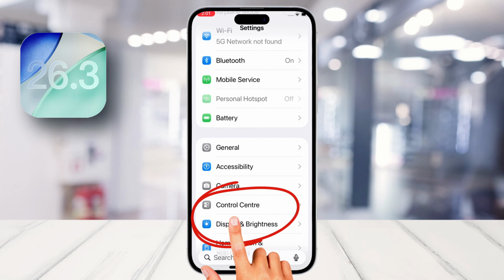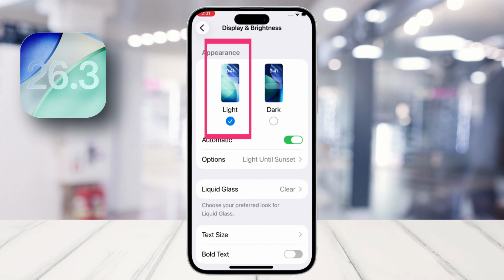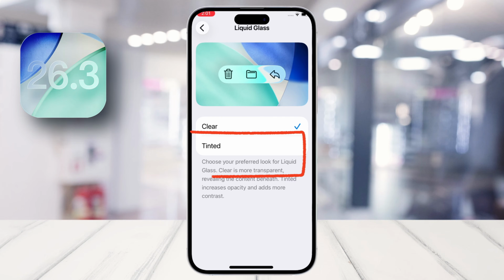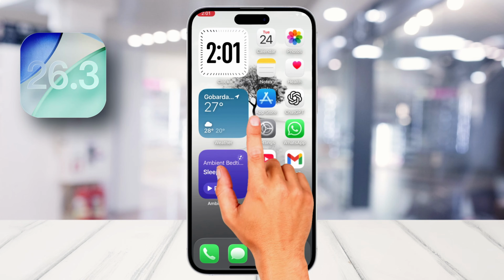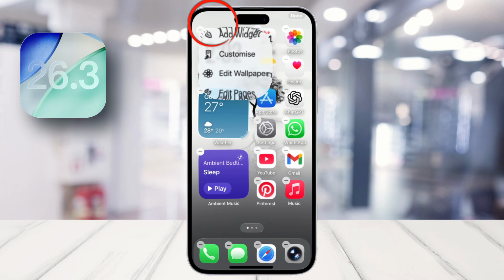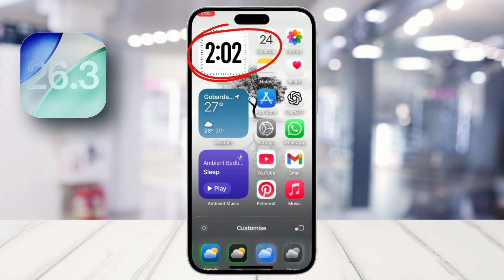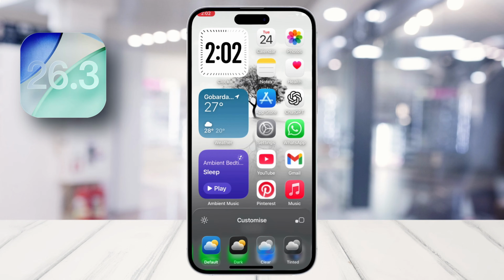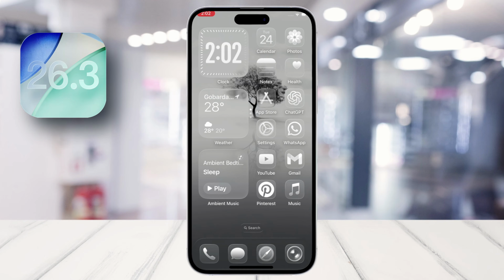Next, open Display and Brightness, turn on light mode and select Tinted for liquid glass. Return to the home screen, long press, tap Edit at the top left, then tap Customize. You'll see 4 options: Default, Dark, Clear and Tinted. Tap Clear and you instantly get a clean white light mode. You can keep it like this,